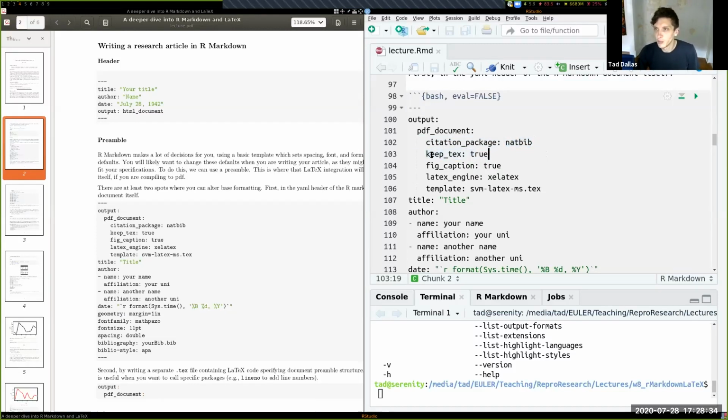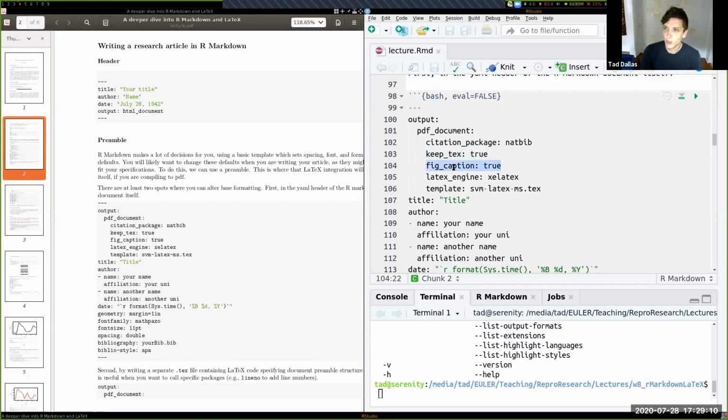And then it has these Boolean arguments where it says, should I keep the raw text? The R Markdown code does not go directly from R Markdown to PDF as you would think it would if you just looked at what you had in your folder after you compiled the PDF. It goes through text first. And so keep text asks, should I keep the intermediate file that is a LaTeX file, and that ends in .tex.